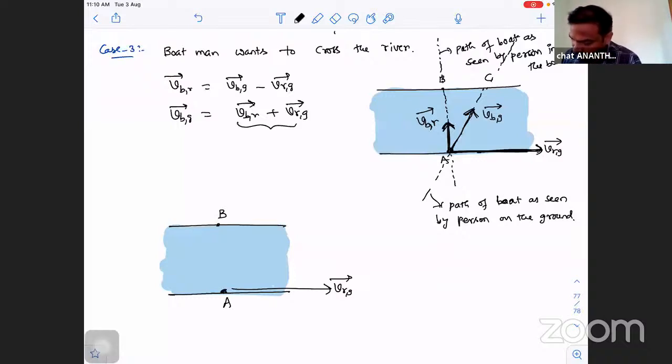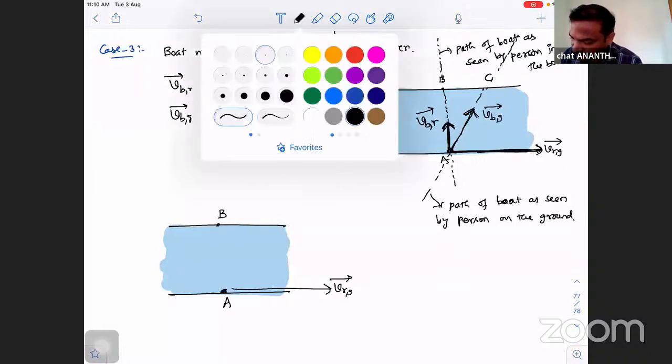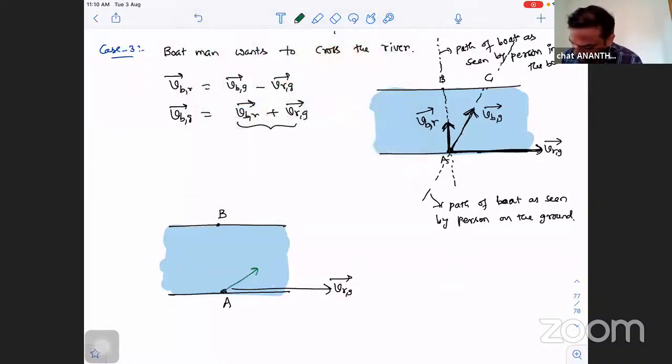Okay. So I'll give you some directions. Choose one of them. This is the first direction, second direction, third, fourth, and fifth. So what are the possible directions? Very good. In which direction can the boat be rowed so that he will reach point B? 4 or 5. It can be anything. It all depends on other conditions. That mathematics we will discuss. Not only 4, it can be 5 also.